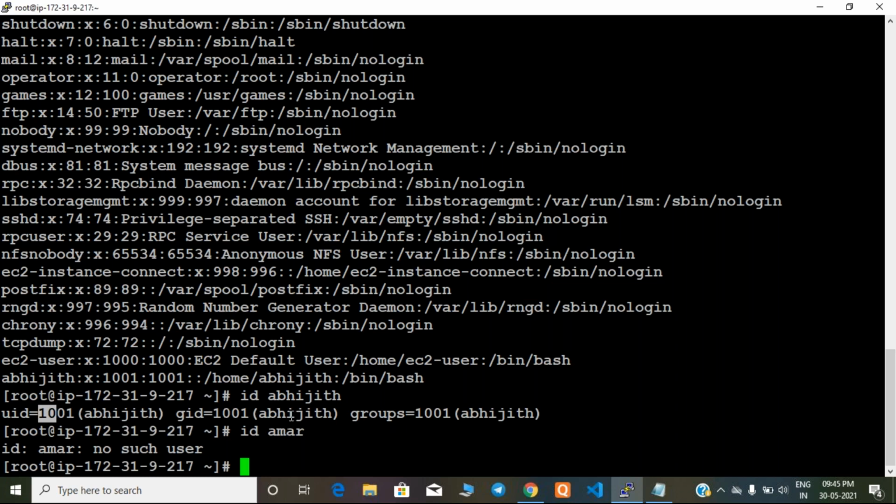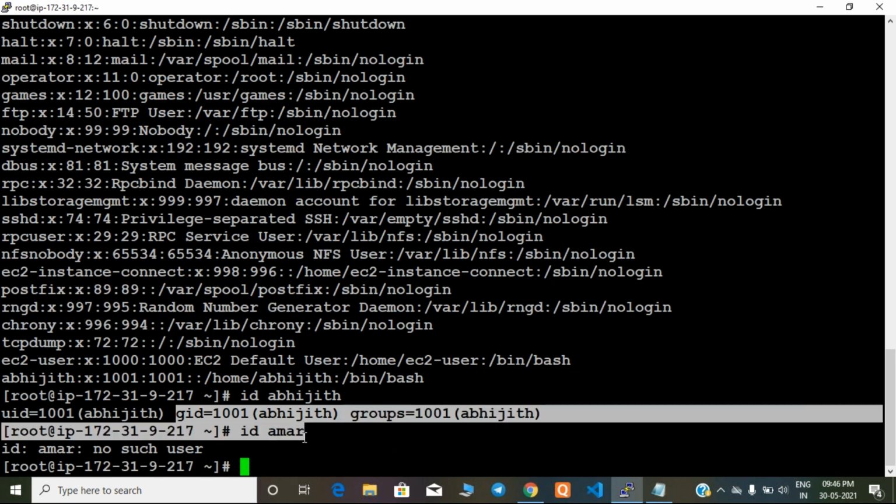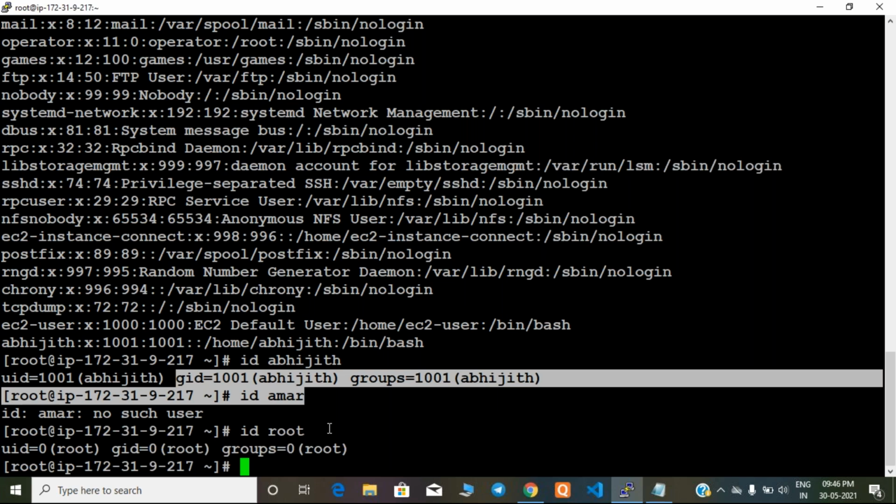Same concept here. What is this? Today I will cover the security concept, and at that time I will explain the group concept also. But as of now, remember that every user has one group also, guys. This Abhijit user is part of the Abhijit group by default. So same name, same ID for the group also. For example, root also, same, guys. It doesn't matter. There is no exception.